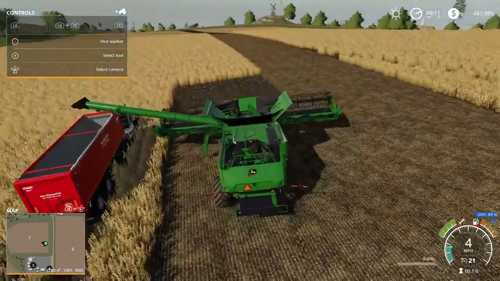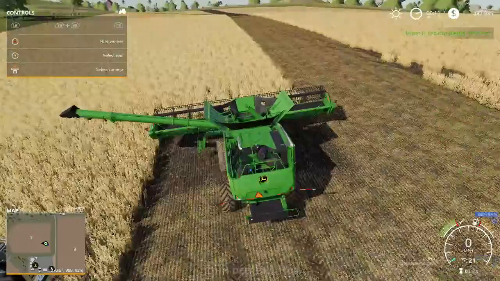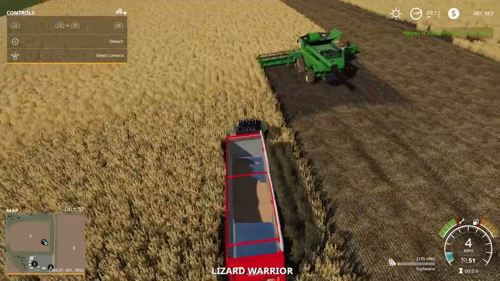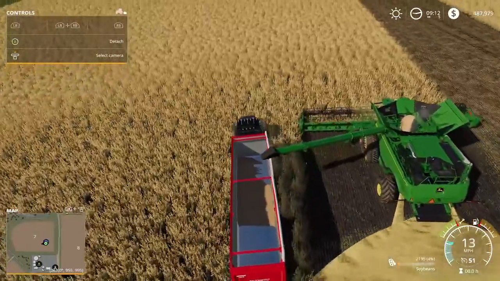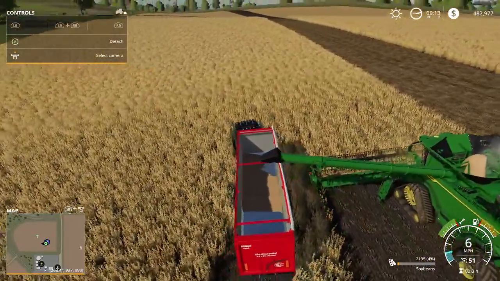Now watch what happens when I put on a worker. Okay, so let's try this again. Will it unload now? Is it something to do with the...